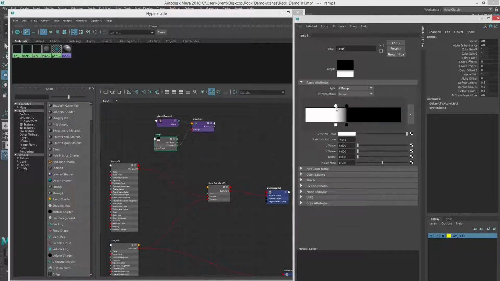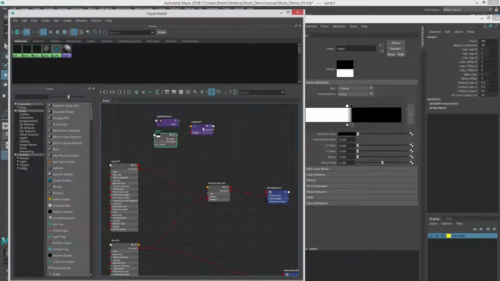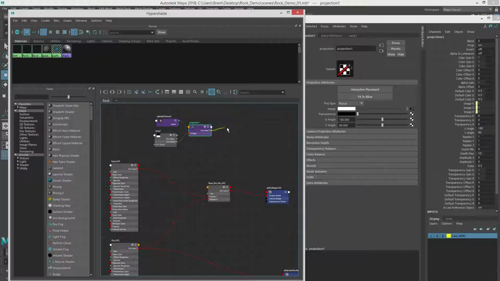Actually, we need to flip these, because we said earlier that white was dirt and black was rock. So we want white to mix to dirt, and black to be rock, the way that we're setting this up. Okay, so now that I have this ramp set up, I'm going to take the out color,